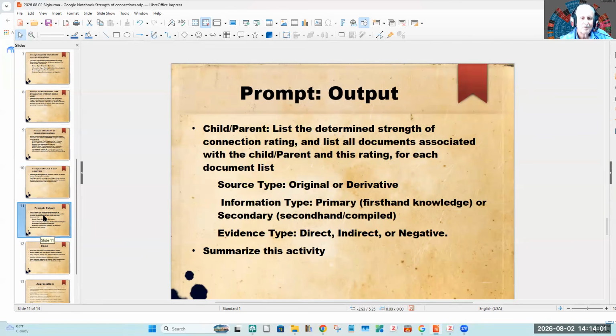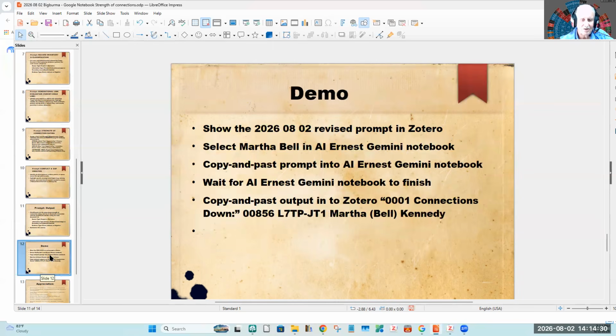Then, list the determining strength of connection rating, that's the colors, and list all documents associated with the parent and the rating for each. You saw that. And source type, original or derivative, information type, primary and so on, and evidence type. And now I've added summarize this activity. It wasn't in yesterday, so you didn't see it today. So we will do that in this demo.